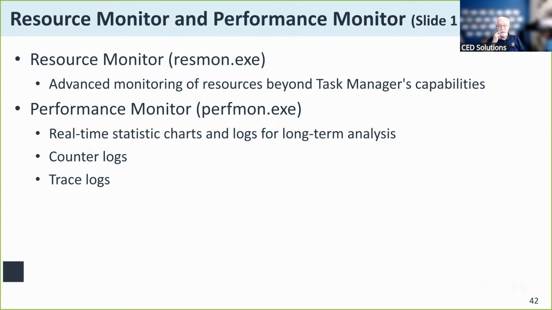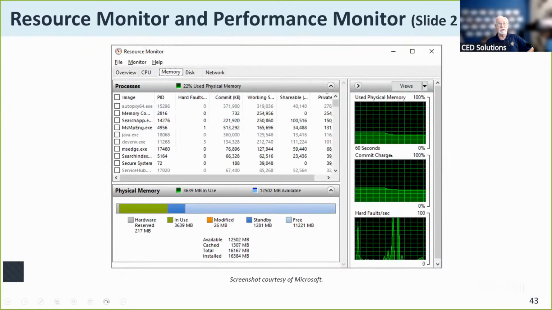Well, the resource monitor gives me extended information over and above what the task manager is capable of showing me. And that, along with the performance monitor, this is what this guy looks like here. There's your resource monitor. It also gives me the percentages of utilization on the physical memory, RAM, the main memory. It gives me CPU time slice. It shows me the disk and the network utilization here by going into these tabs. And again, it gives me that utilization over a slowly moving timeline.